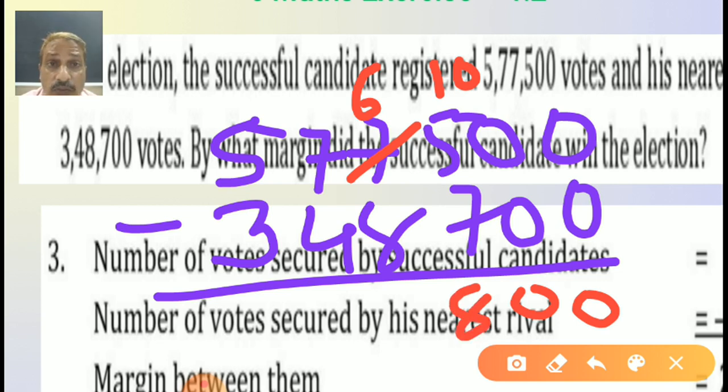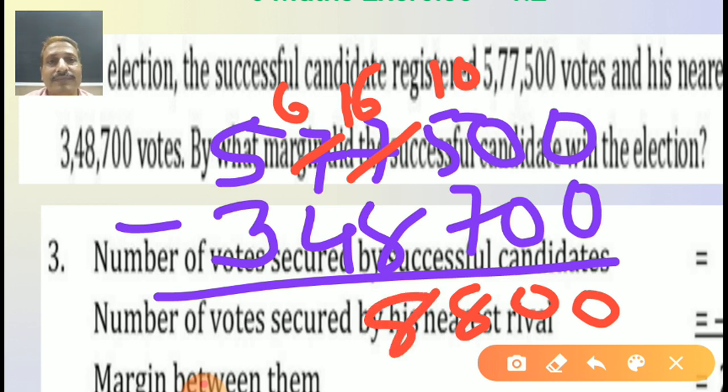6 minus 8 is possible? No. What should we do? Yes, cut this one. Now this becomes 6 and the 10 is here. That means 10 makes 16. Sometimes you can write like this, so no problem, students. Here both meanings are the same. If you write 10 up and then add it, do it this way. So 16. 16 minus 8 is possible? Yes, yes, you are right. That's 8 only.